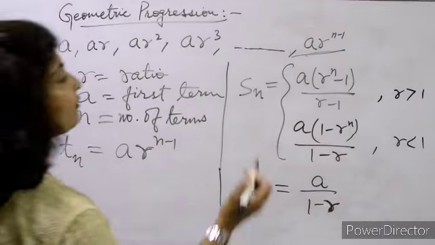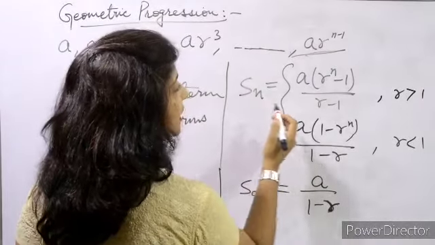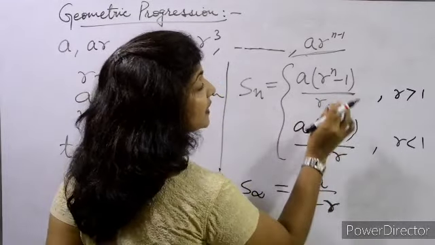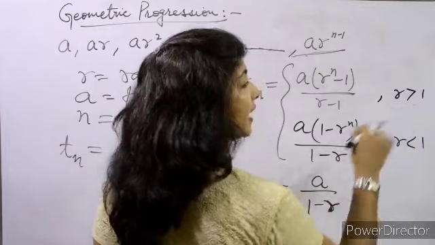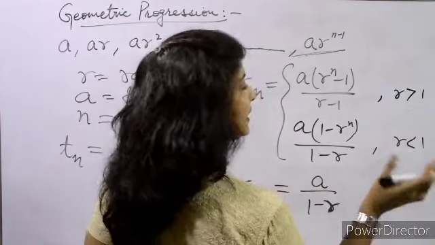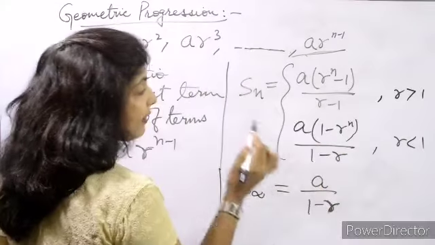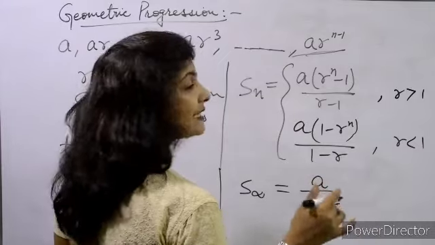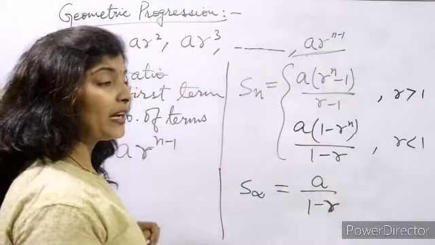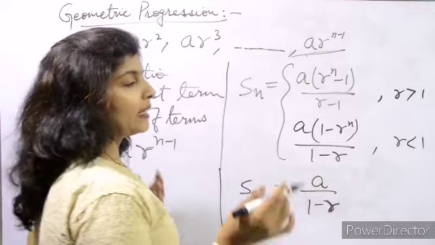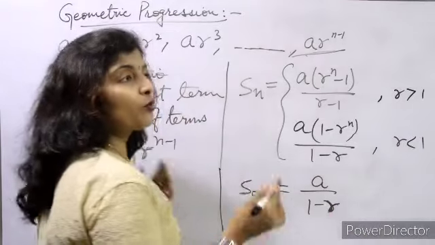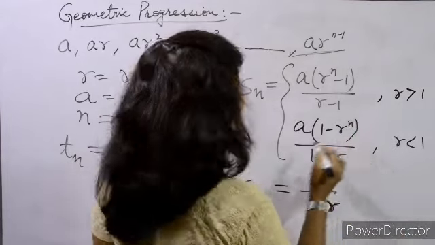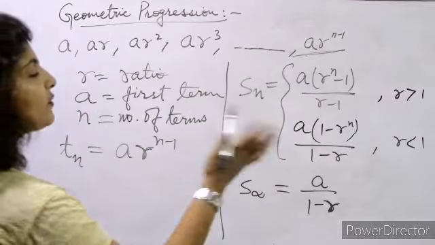If we have to find out the sum of n terms in GP, then Sn will be equal to a into (r to the power n minus 1) divided by (r minus 1) in case r is greater than 1. If r is more than 1, in that case this formula will work. And if r is less than 1, like a fractional number less than 1, like 0.5, 0.7, 0.8, or a negative value like -2, -2.5 or any value, then in that case a into (1 minus r to the power n) divided by (1 minus r). So this formula will work.